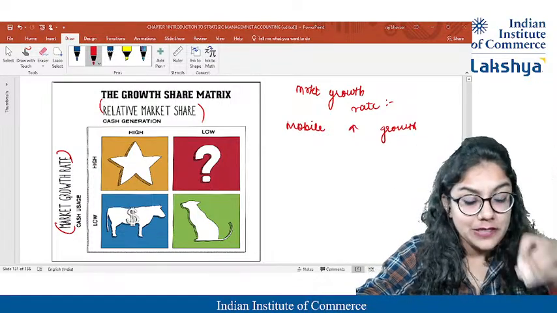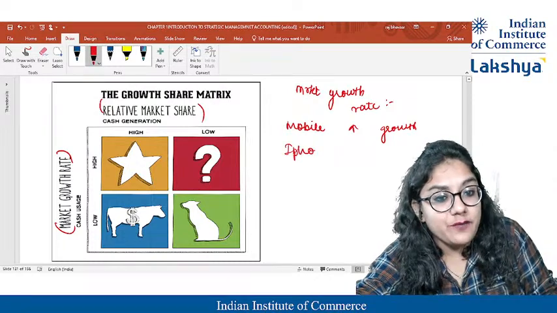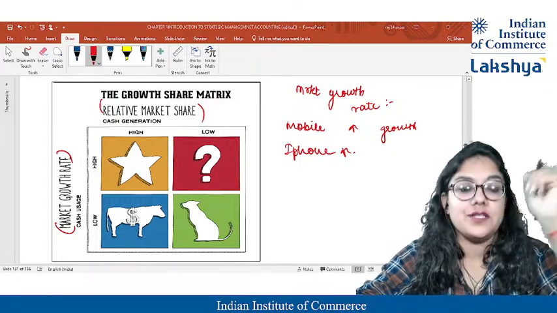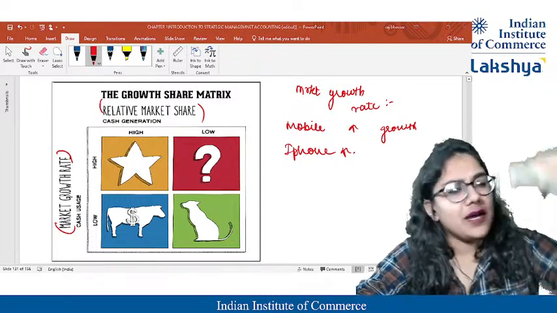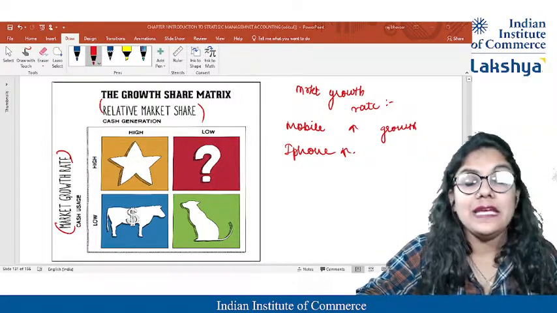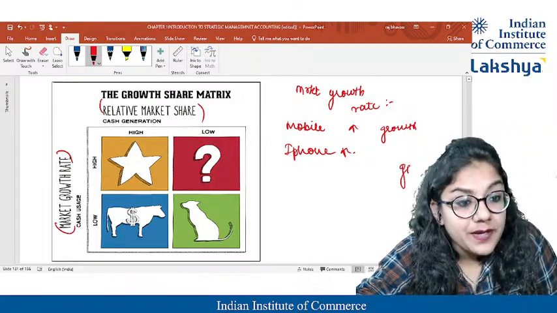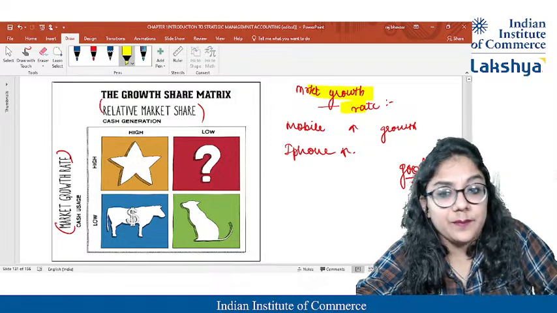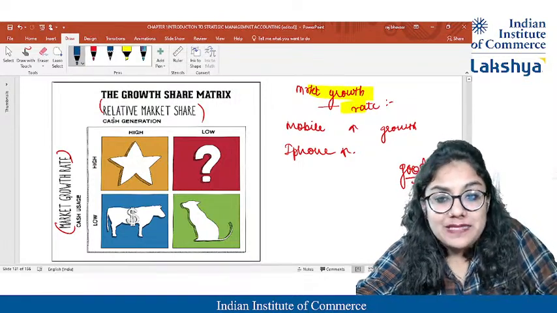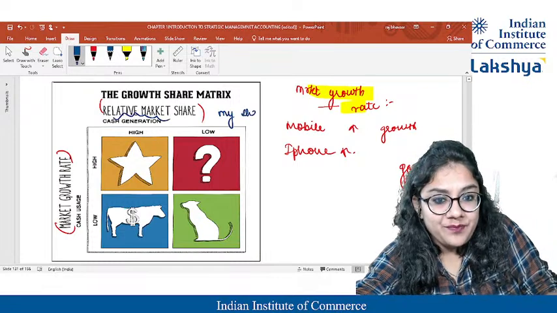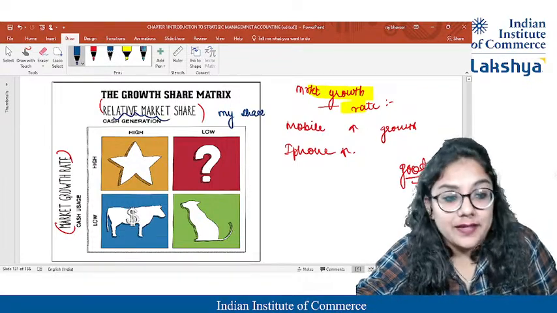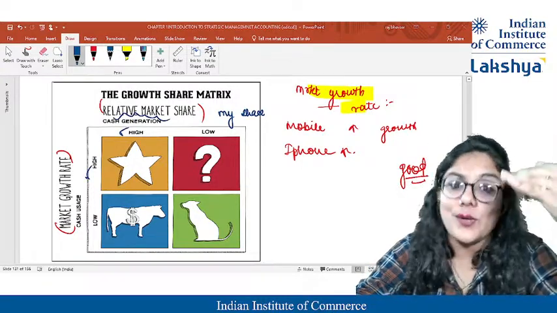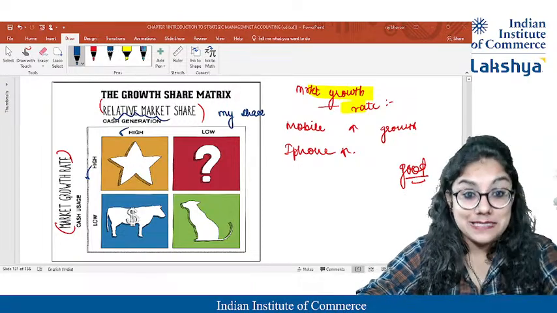And my share of that growth, as I am the person who sells iPhones, even my growth is superb. So your company is keeping pace with the market, as the market is growing, I am also growing equivalently. That means it's good. Market growth means the normal market, and my growth, relative market share, means my company is also doing good. You are acting like a star, high and high. Your market is good and you are also very good, so your company is acting as a star.